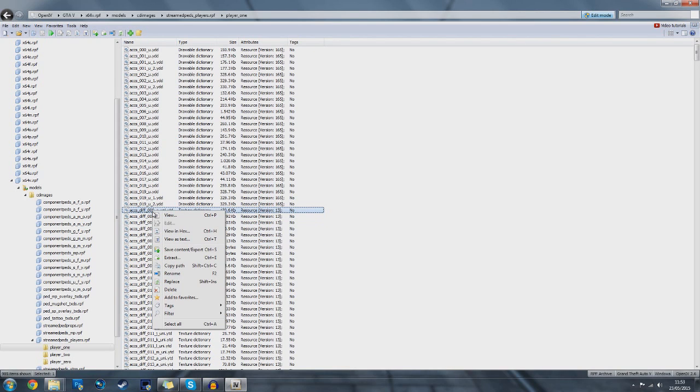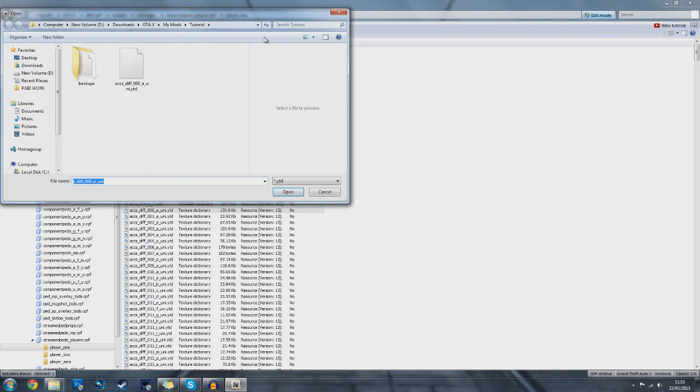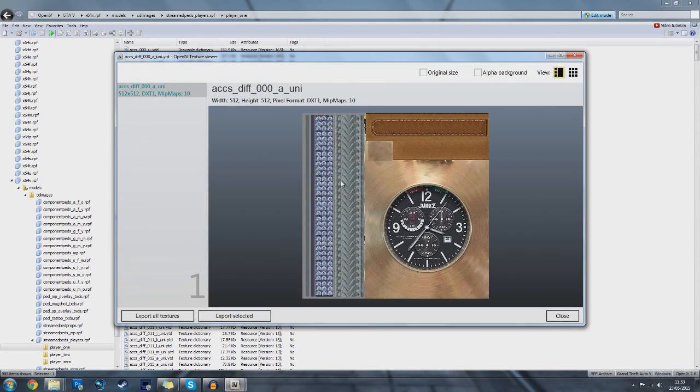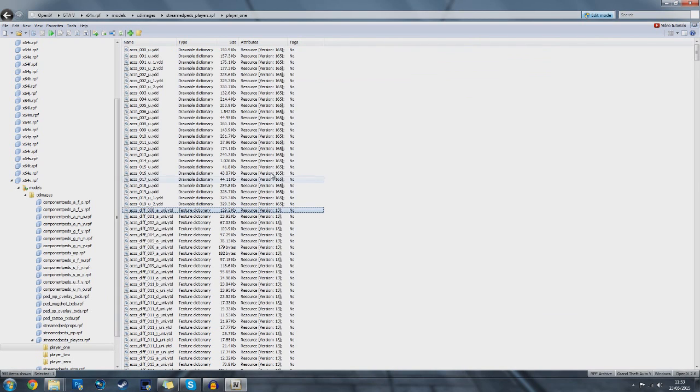And right click, replace, click on the .ytd file, click open, double click on it, make sure that the texture is the one you want and stuff. Of course I didn't edit mine, but any changes should appear on there. And then if it doesn't actually show up, you can just quit now and then load up the game, and then if it doesn't work though, say if it doesn't show up in the textures at all, you want to select on that file,